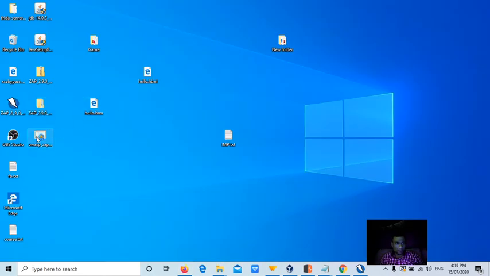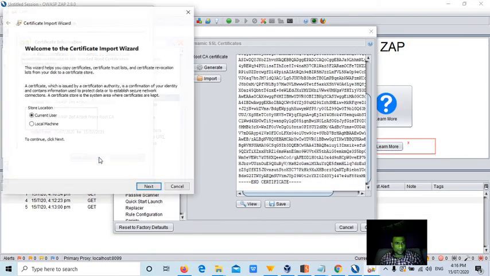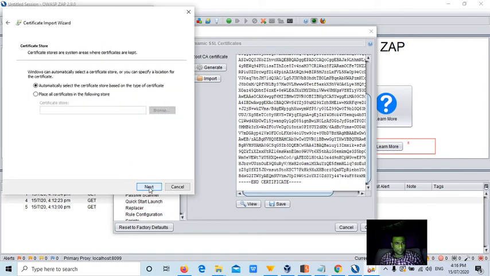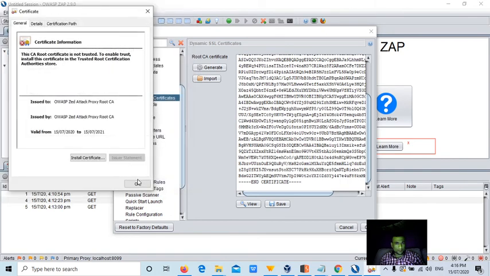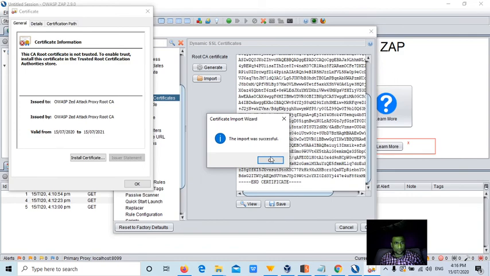Or else we can double click on the machine itself. Install certificate, current user. Next. The import was successful, guys.